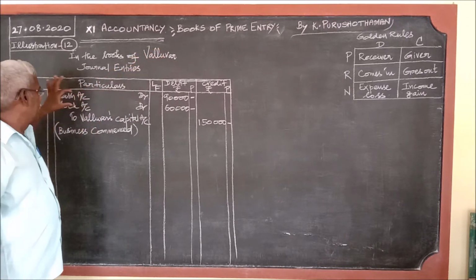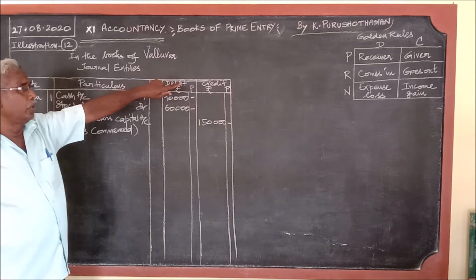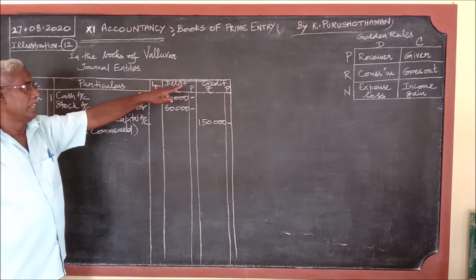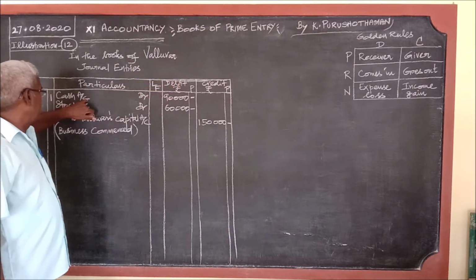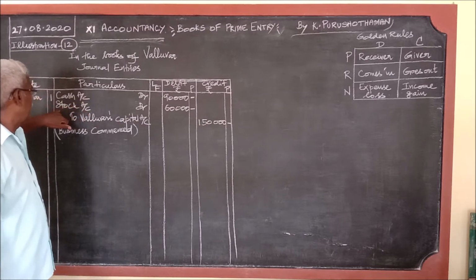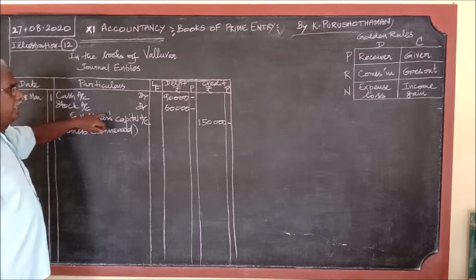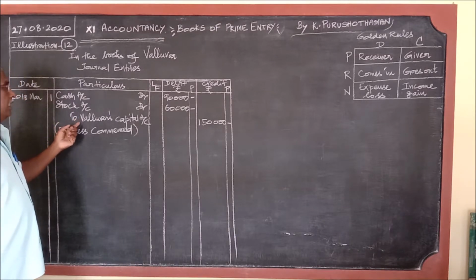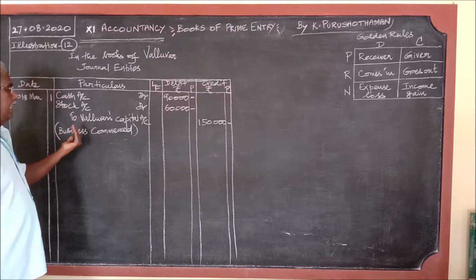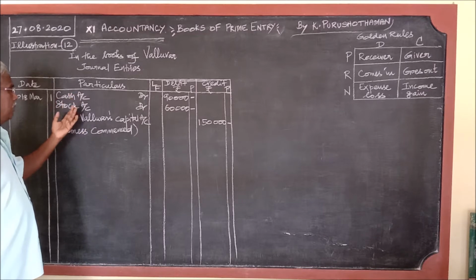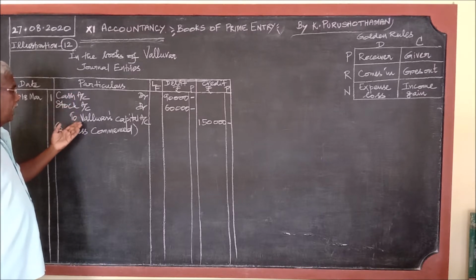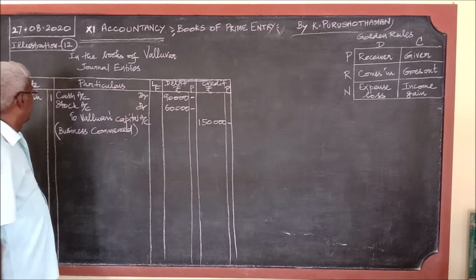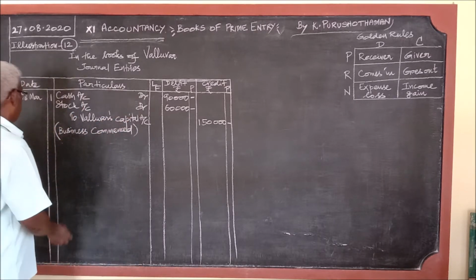Okay? Here cash comes in. See the second rule of debit: real account, what comes in. Cash comes in and the goods comes in. We don't write the term goods, therefore stock account, debit. Then on the credit side, it appears only the liability and the capital. Here these two items are liabilities or capital, we can consider it. Therefore this is Valluvar's capital account. Right? Then leave a line gap, one line.